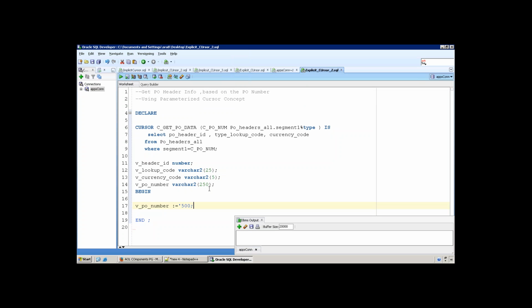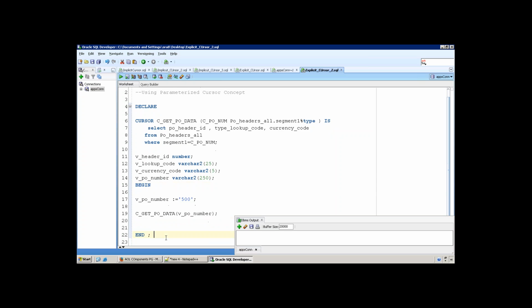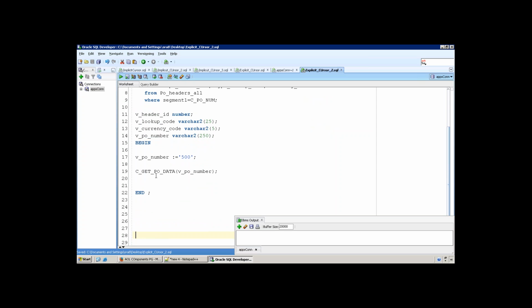And while opening the cursor, I have to mention my parameters like this: P_P1_number. This is what we have to do. This is called a parameterized cursor. This is the logic of a parameterized cursor. Now the open operation, and then of course we require a loop because we want to get multiple records. I'll just say loop, end loop, and the fetch operation